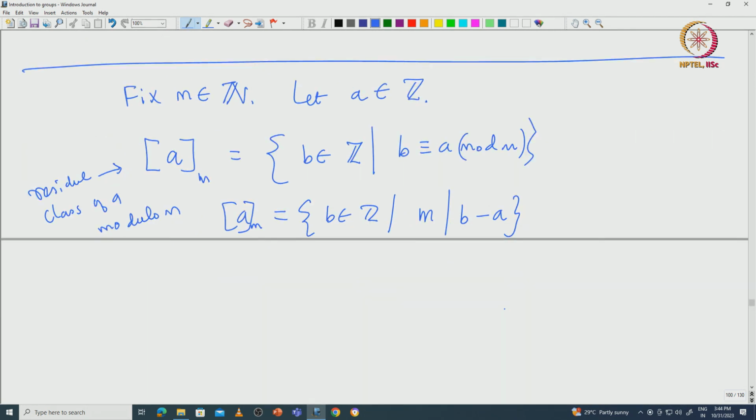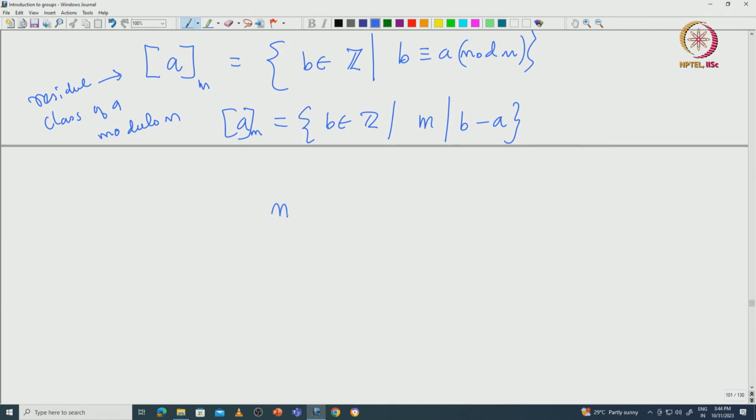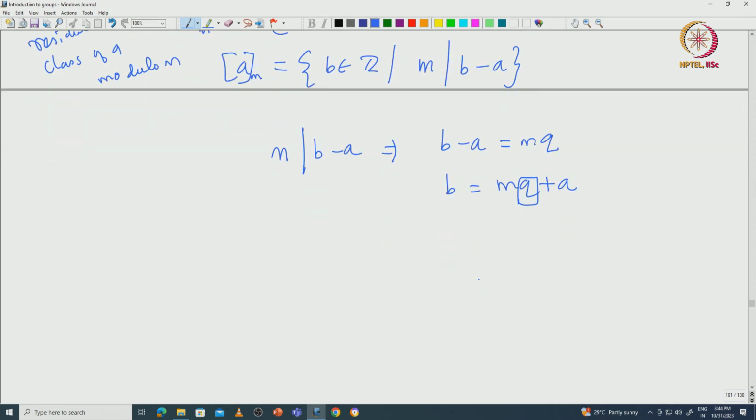Then b minus a can be written as some mq, so b is nothing but mq plus a. Now you can vary any q, and still you will be getting those numbers. So it is easy to see that mq plus a is inside the residue class for all q in z,